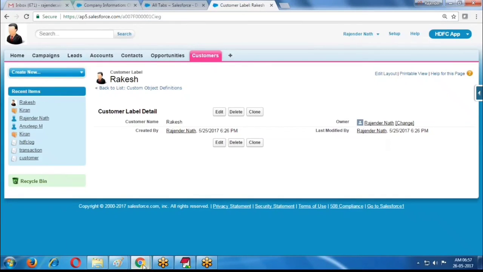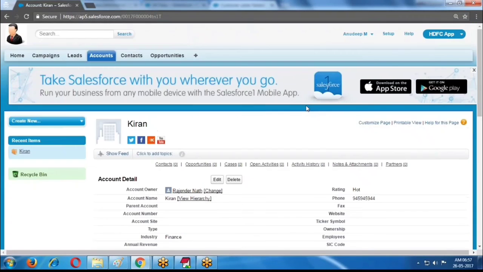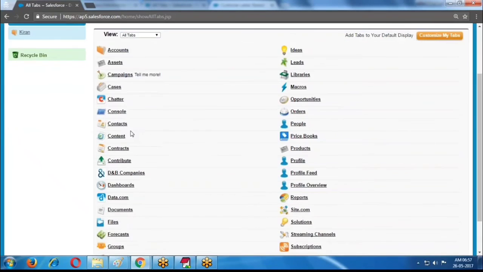Is this object available to this user? I did not provide any accessibility for this user. Did you provide any accessibility for this user? No. Is it available here? In the all tabs also, there is no customer object.